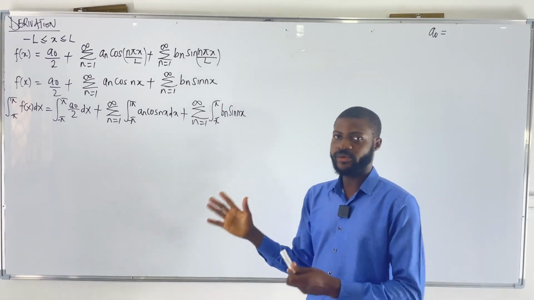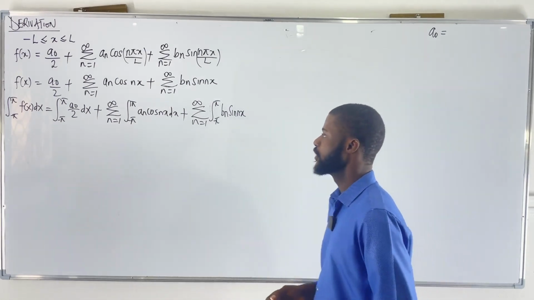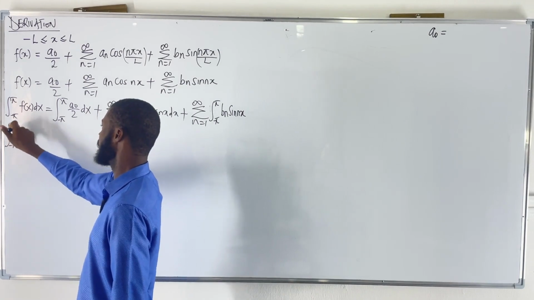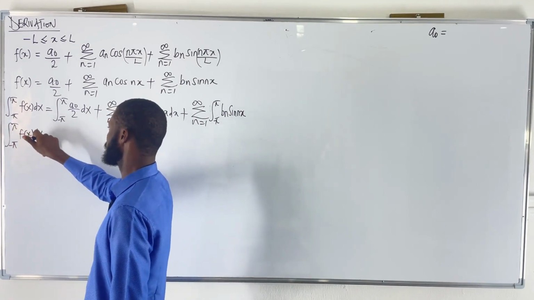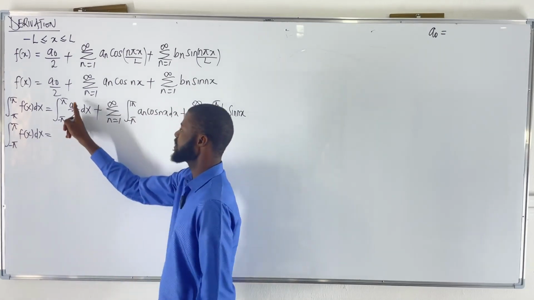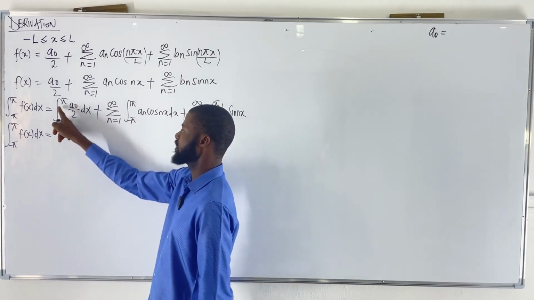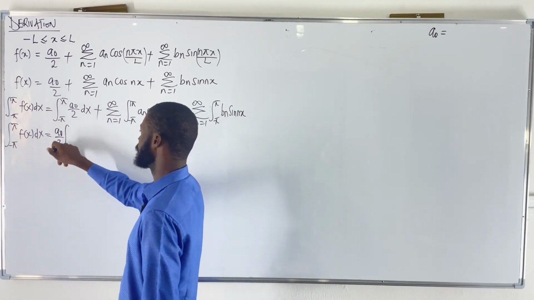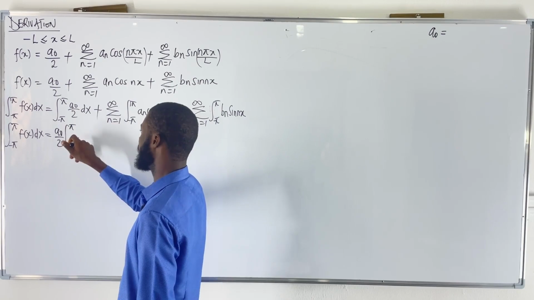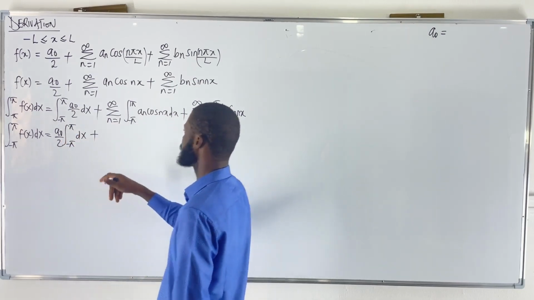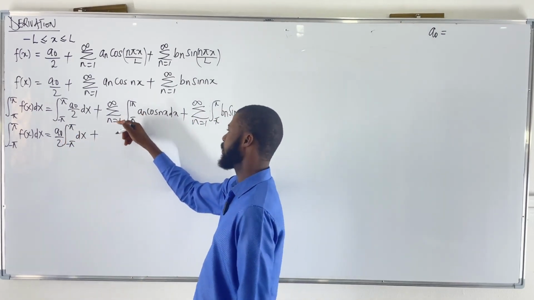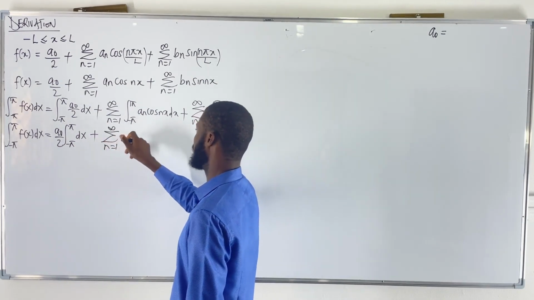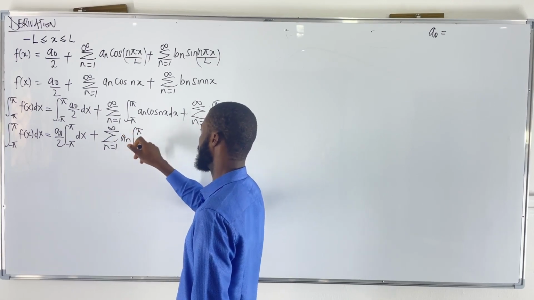So we're trying to get our constant. The integral from minus pi to pi of f of x dx is equal to, now if you notice, a naught over 2 is a constant because we're integrating with respect to x, so bring out the a naught over 2. Then we have the integral from minus pi to pi dx plus the a sub n here is a constant, so I can bring it out. So this is the sum from n equal to 1 to infinity of a n times the integral from minus pi to pi